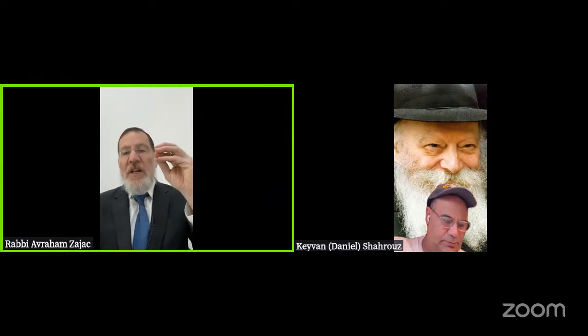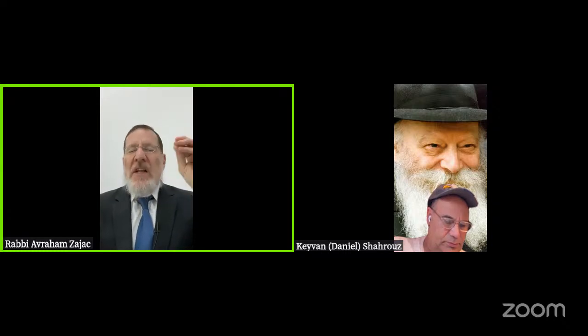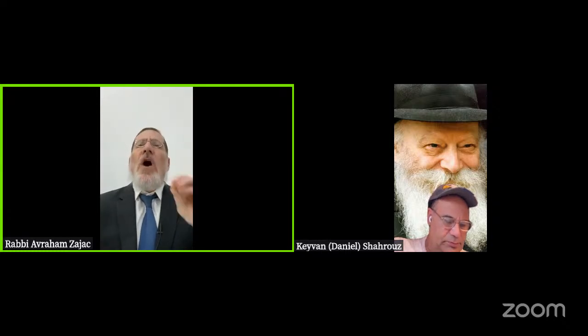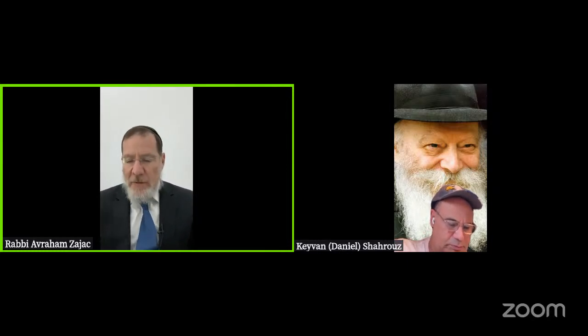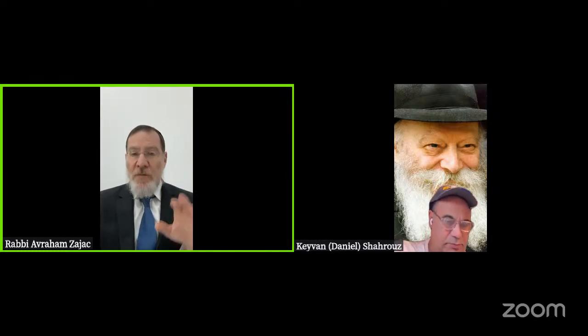And the question is, how big does the clearing have to be? How large does the bald spot have to be for one to be allowed to plant inside that bald spot, and for that area to be considered a distinct field? And we'll see for that the machlokes Beis Shammai and Beis Hillel. That's Korachas HaKerem. The second case in the Mishnah will be a case called Mechoil HaKerem, the perimeter of a